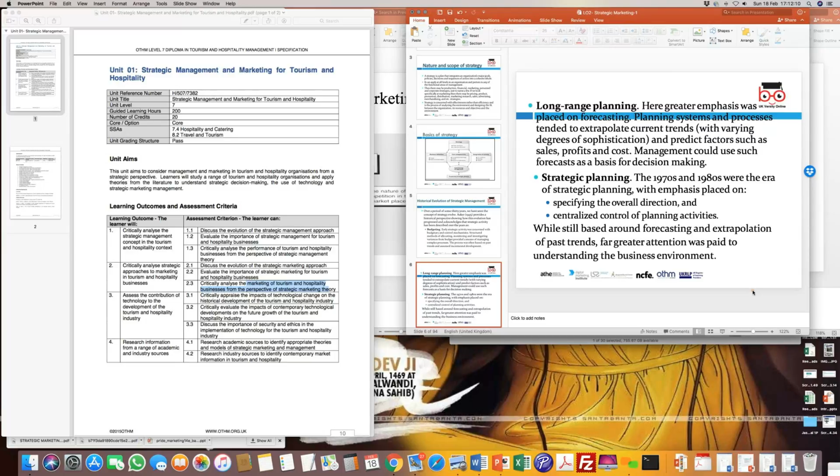So when we talk about strategy, there is long-term planning. And when we look at long-term planning, essentially in the 70s and 80s, this came about because, in order to bring predictability into the business, when you look at building a hotel, say you have a hotel which has 400 rooms, you must have done some planning to see why you are building a 400-room hotel in that location, right? Now, if you've done that,